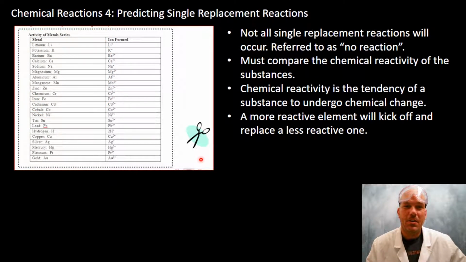All right, we're going to go ahead and get started with Chemical Reactions 4. This podcast is on how to predict products for single replacement reactions. So you've learned to identify all these types of reactions, but now you're going to learn that not all of these reactions actually occur. So take a moment here and jot down some of these rules,